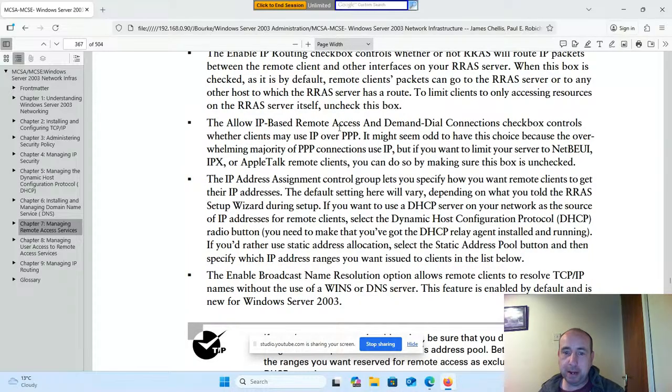The Allow IP-based remote access and demand dial connections checkbox controls whether clients may use IP over PPP. It might seem odd to have this choice because the overwhelming majority of PPP connections use IP, but if you want to limit your server to NetBEUI, IPX or AppleTalk remote clients, you can do so by making sure this box is unchecked. The IP address assignment control group lets you specify how you want remote clients to get